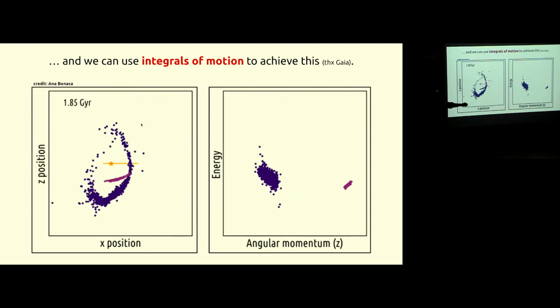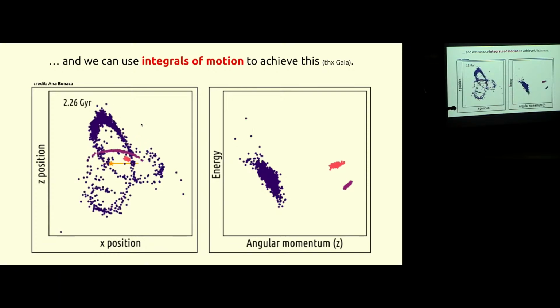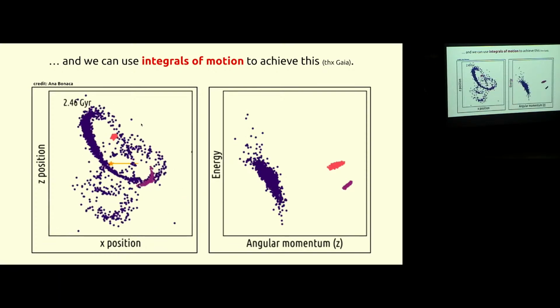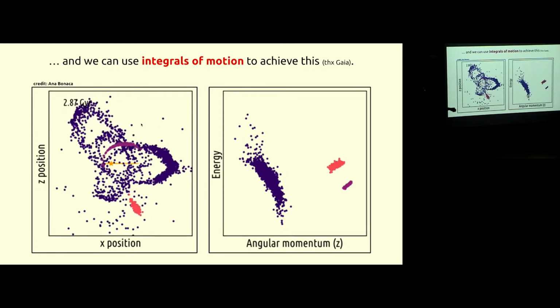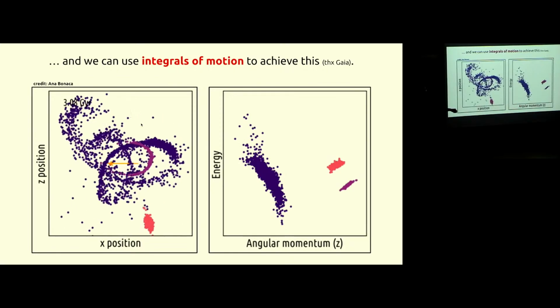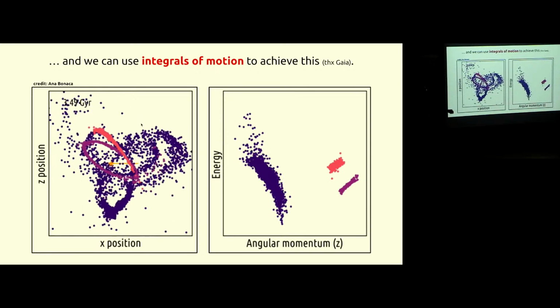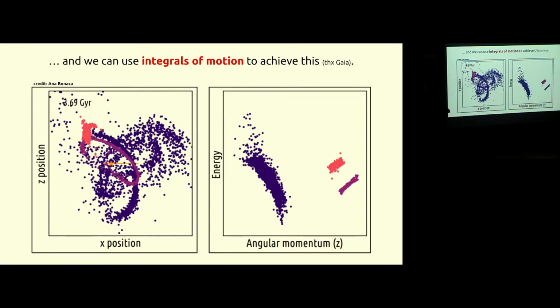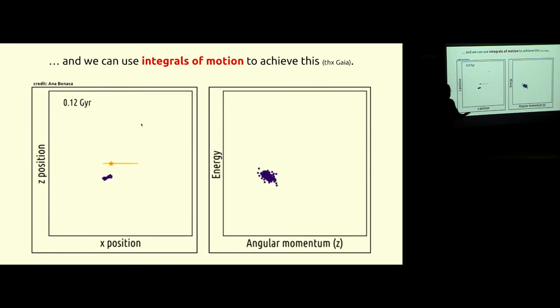However, on the right, what I'm showing in the vertical axis is the total energy of those particles. So this is the total orbital energy, the sum of kinetic and potential energy. And in the horizontal axis, what I'm showing is the z component of angular momentum. For many reasons, this z component of angular momentum is conserved. You can imagine that because the Milky Way has a disk, it's not spherically symmetric anymore, so angular momenta in general are not conserved. This z component specifically is.